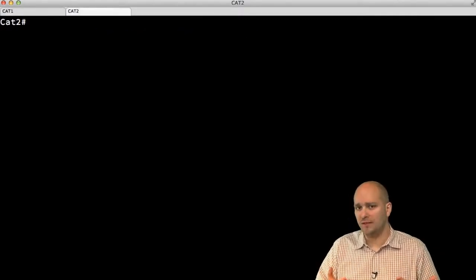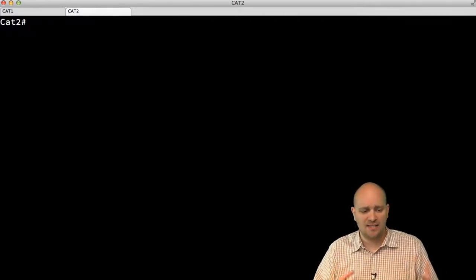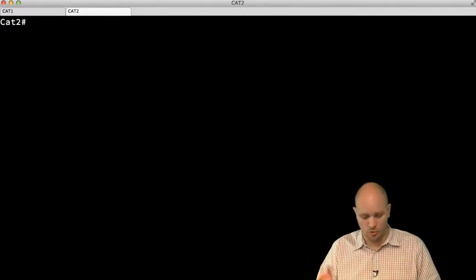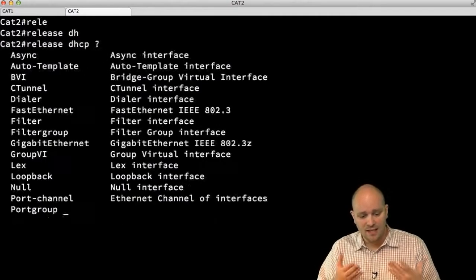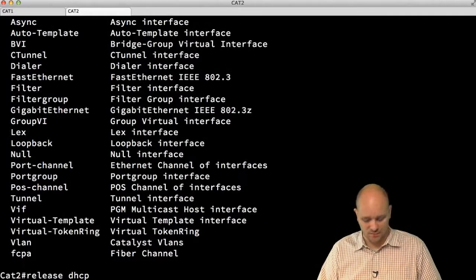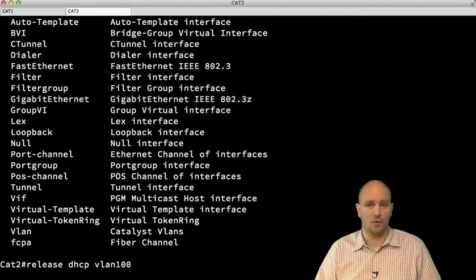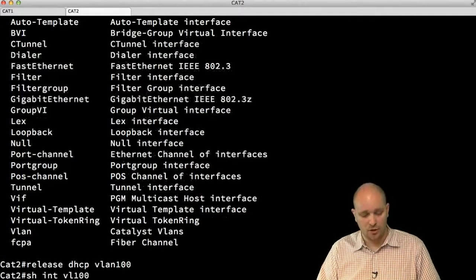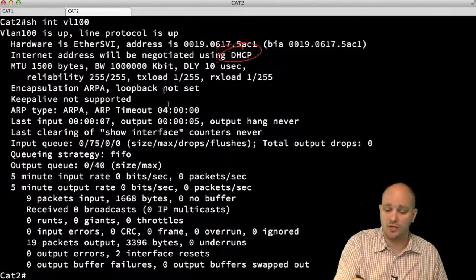So if I go to Cat2, what is the easiest way to ask Cat2 to request a new address? Well, I could shut the interface down and do no shut, or I could say release dhcp and then specify the interface on which I want to release the DHCP assignment. So in this case, I want to release the information from VLAN 100. If I do show interface VLAN 100, what I'm going to see here is that the internet address will be negotiated